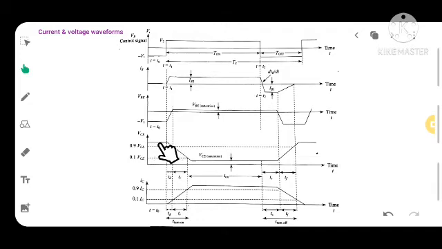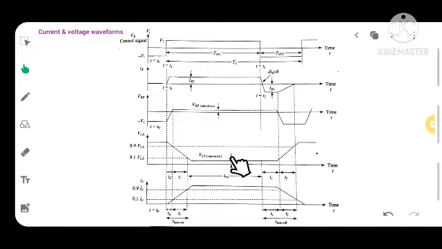This maximum level of VCE will be equal to the maximum bias voltage, VCC. Therefore, the transistor changes its state from off to on state, or we can also say the transistor changes its state from cutoff to saturation gradually, obviously because it is taking some time.